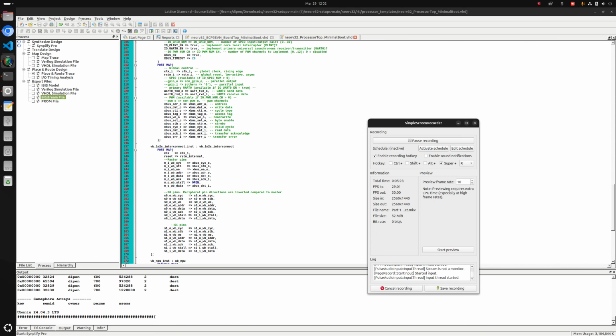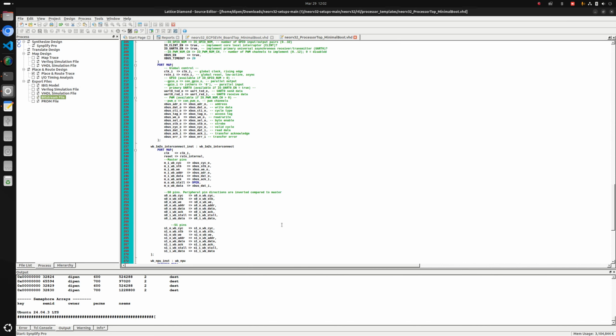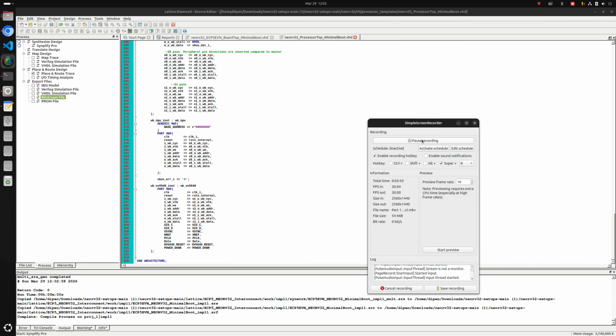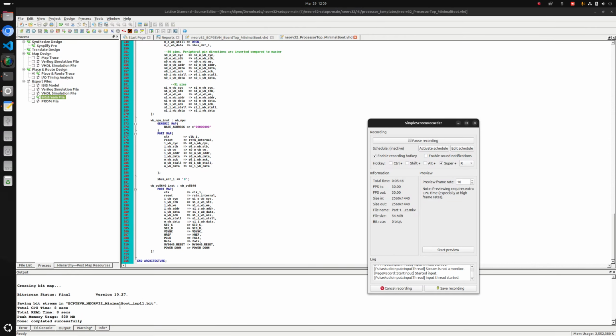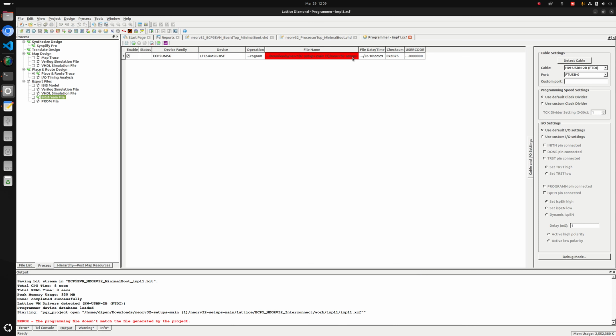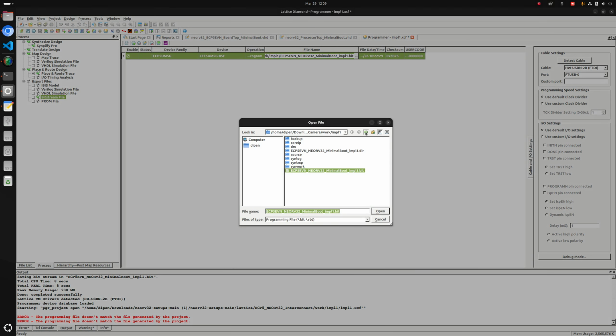Does it seem to be any errors? Yeah, I'll come back after this is done. Okay, so the bitstream was generated successfully. So now we can go ahead and program the device, because the bitstream doesn't match. So now we'll just go inside the correct folder, interconnect, work, implementation, bitstream. Sorry,